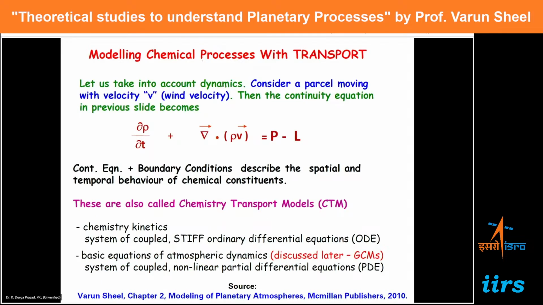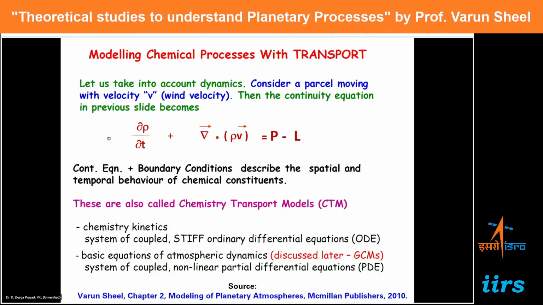Now, we have considered physical process, radiation, and chemistry. But this is a static condition. That means whatever is happening, it is happening there. But that is not true in the case of atmosphere, because atmosphere has winds. It has dynamics. So therefore, with transport, there would be a gradient. There could be a gradient with respect to the positions. So if we consider the dynamics,